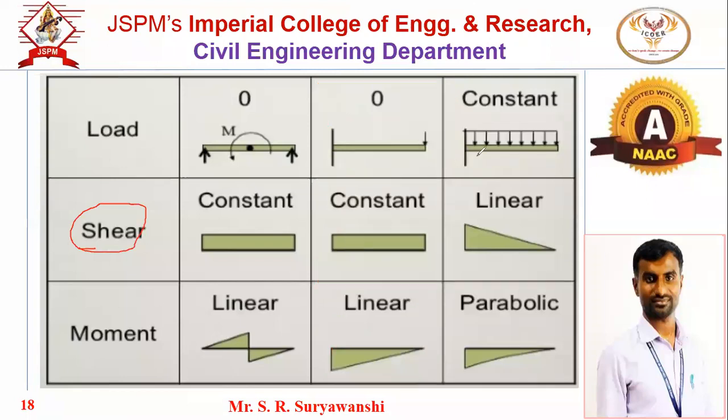Similarly, a cantilever beam subjected to UDL on the entire span. The span is L, okay? It is subjected to UDL on the entire span. Tell me, what is the reaction at the fixed end? At a fixed end we know there are 3 reactions: one vertical, second horizontal and third an unknown moment. But in case of a beam, we are neglecting the axial load. We do not consider axial or horizontal load in a beam. So that's why we neglect that horizontal reaction. So what else is remaining then? Vertical reaction and unknown moment.